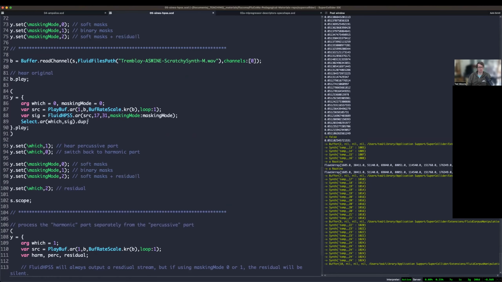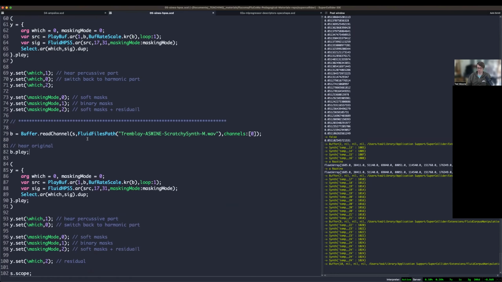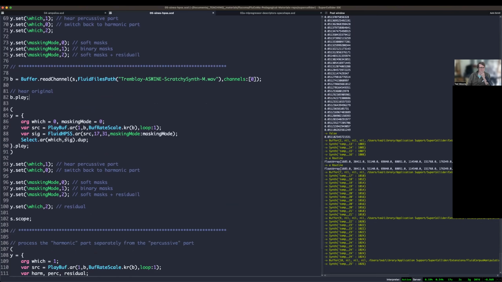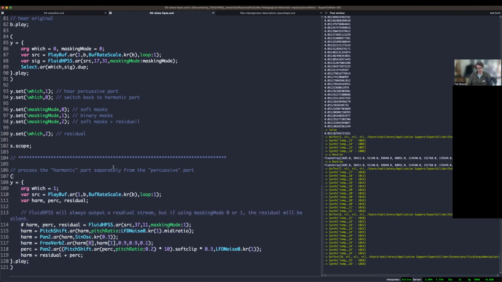Separating the harmonic from the percussive and then processing them separately. A little example. This is the original, unprocessed. Little synthesizer scratch. It's obviously a pretty good candidate for this because the harmonic and percussive are very different sound objects in this, but once they're separated,